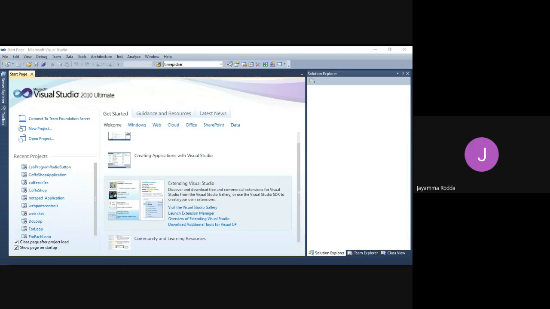Here I am selecting what kind of application I want: Windows Forms application, WPF application or console application, whichever you want to develop. So I am selecting the Windows Forms application. First let us learn what it is. Usually a console application can also be developed, like a C program or C++ program. You have to write some code using which you can run the application. But anyway, we are developing a Windows Forms application first for our knowledge. As this is the first class for us, let us develop a simple Windows Forms application.